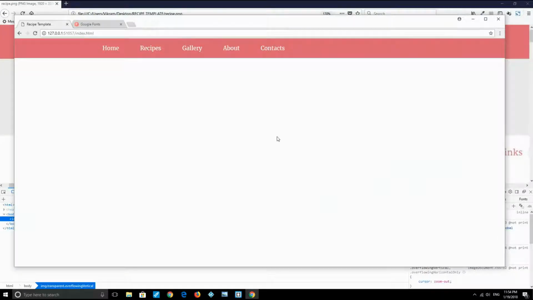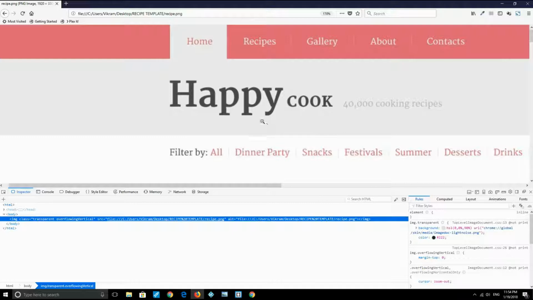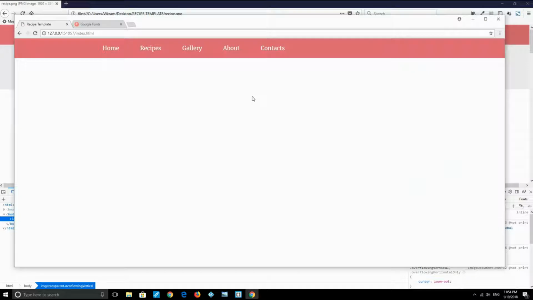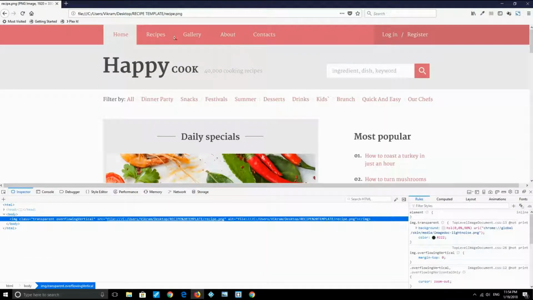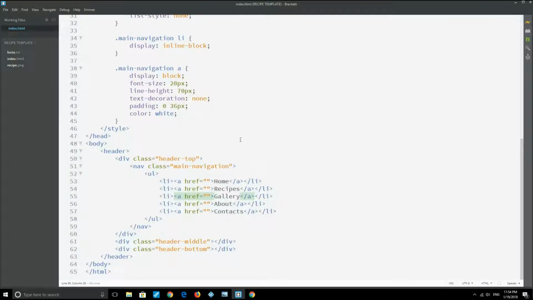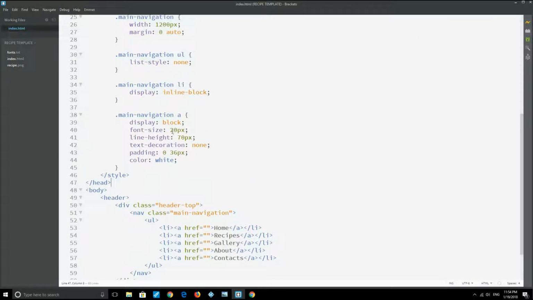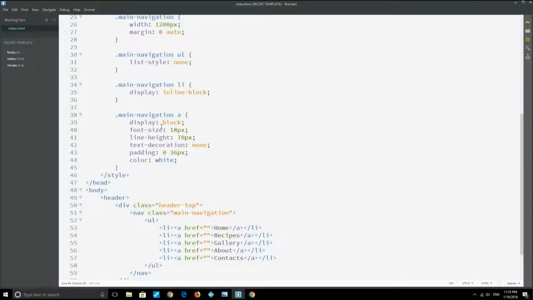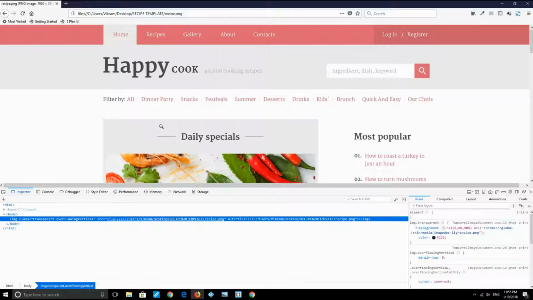This is almost the same kind of font that I have here. Let me go back. But here my fonts are looking much bigger than what I have here. So let me bring down the size a little bit. I'm going to give my fonts a size of 18 pixels instead. Save it and refresh. Okay, my fonts are 18, but maybe they are using a different version of that font